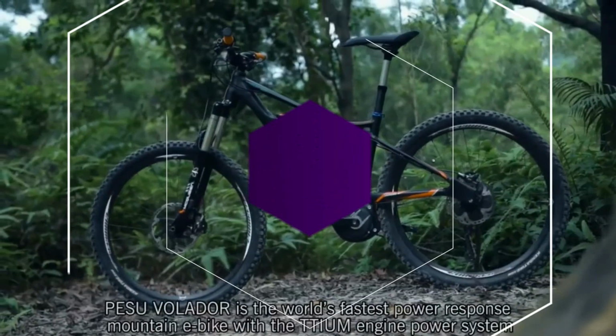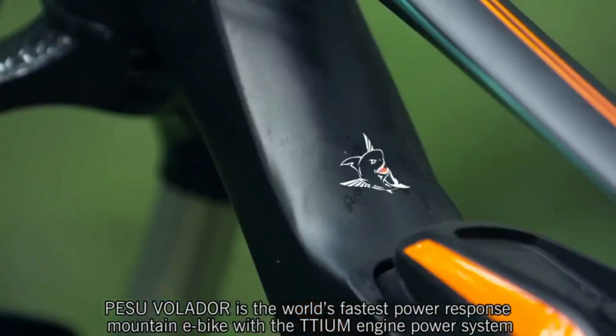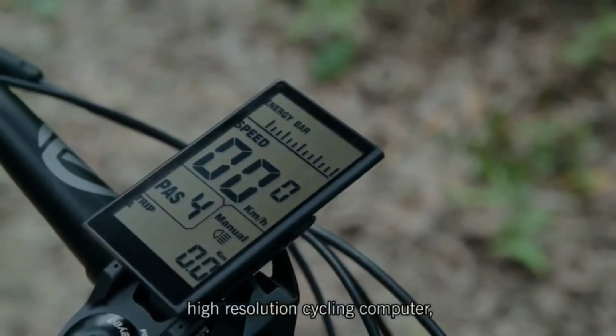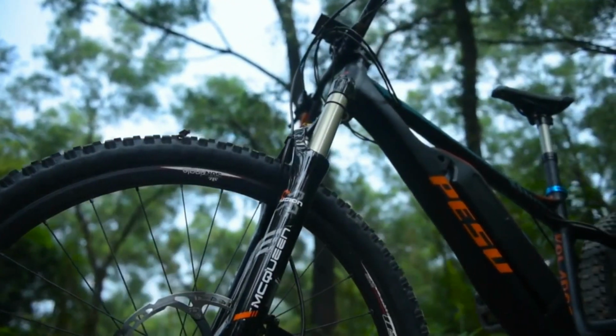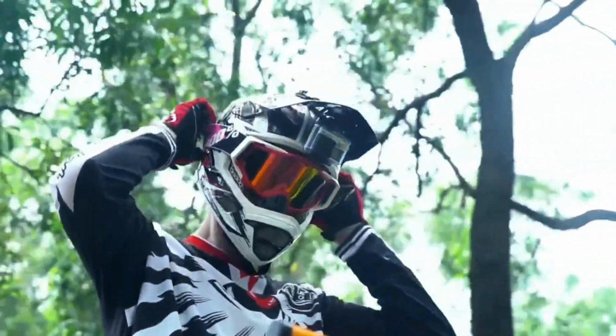Meet the Pace electric bike, designed for those who want power, style, and convenience in one sleek package. Equipped with a robust motor and long-lasting battery, the Pace delivers impressive speed and up to 40 miles of range on a single charge. Switch between pedal assist and throttle modes for flexible riding, perfect for city streets or open